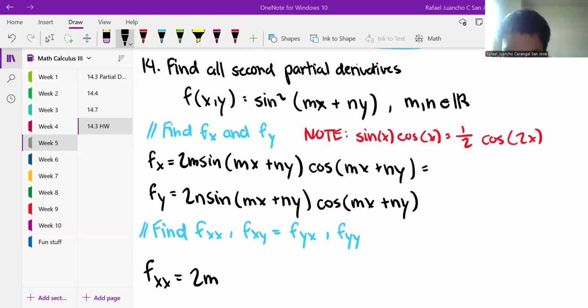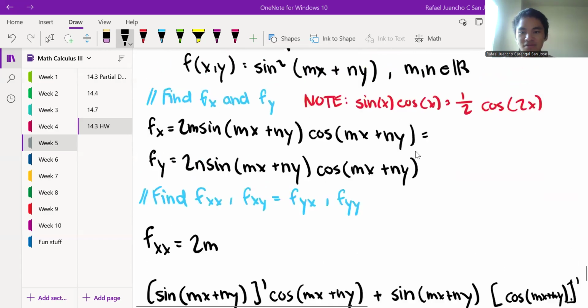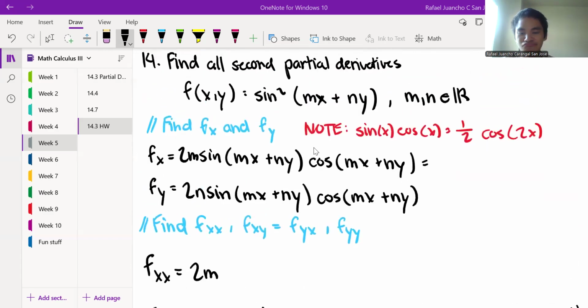What is this? I think it was 2 sine x, cosine x. So it's sine 2x. I think I could have done it. Yeah, so the idea was, well, to get